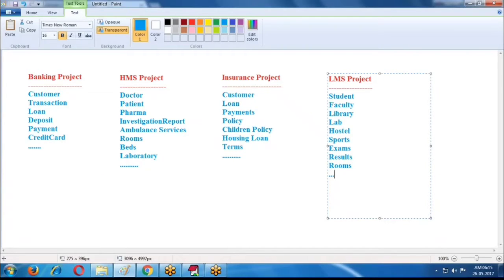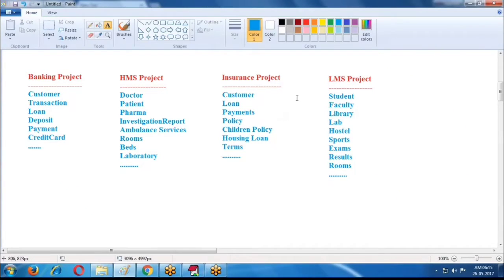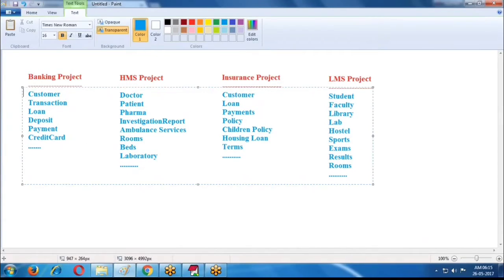Like this, n number of objects we create in this project. Based on the project, different types of objects are created. This is nothing but custom objects. Based on your requirement, you create some objects, and these are called custom objects.